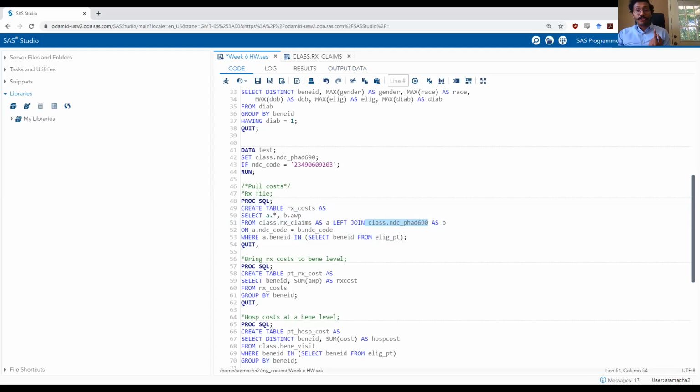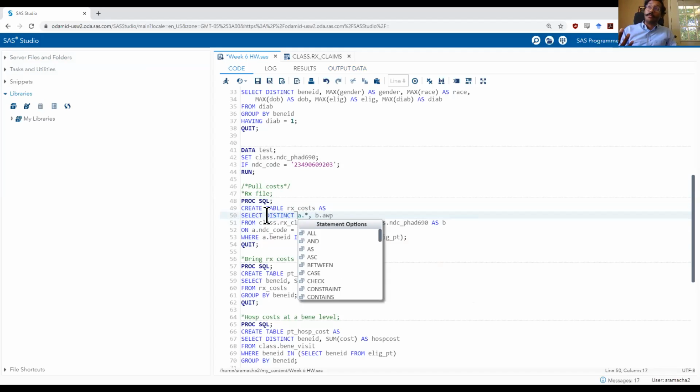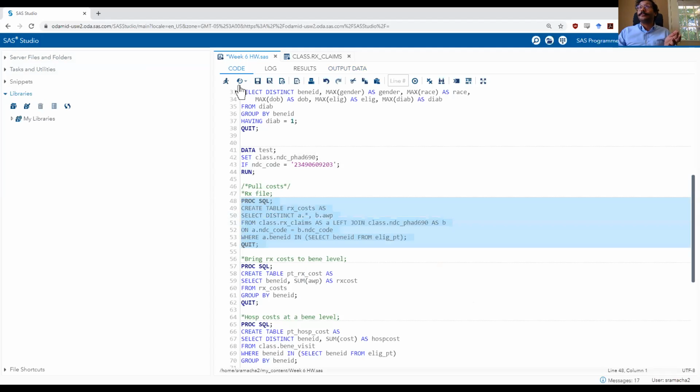Whenever we are doing merges, we need to try and do a one-to-one merge as often as we can. One-to-many merges can be very dangerous, and that's exactly what is happening. And I didn't catch that either. So I had an error in my code. So if I simply write the word distinct before my merge statement, that will fix the problem. So if I do this now,